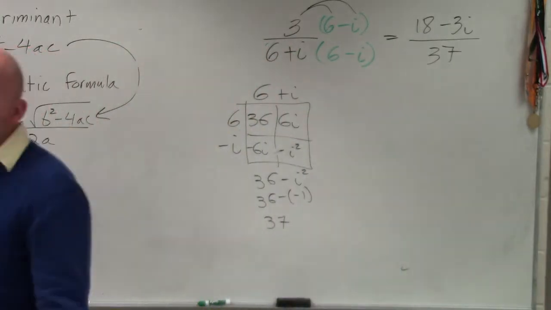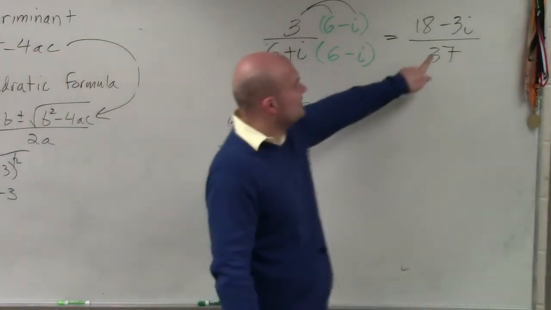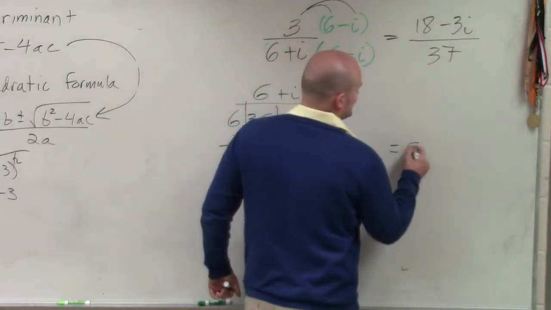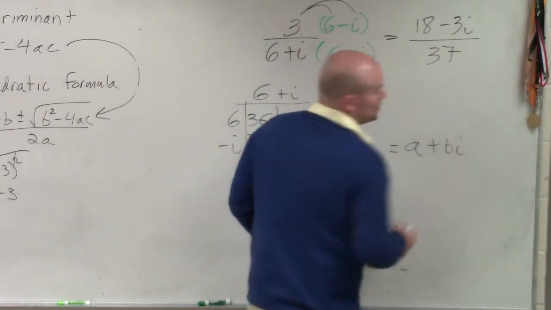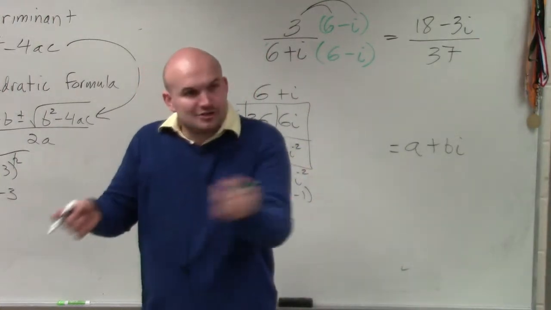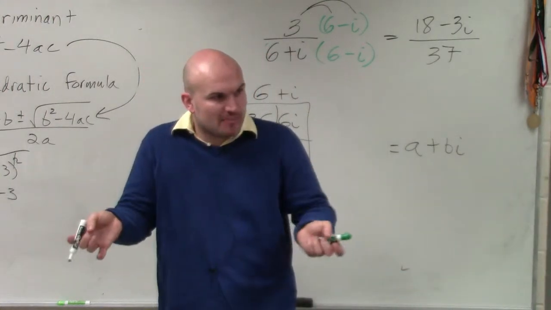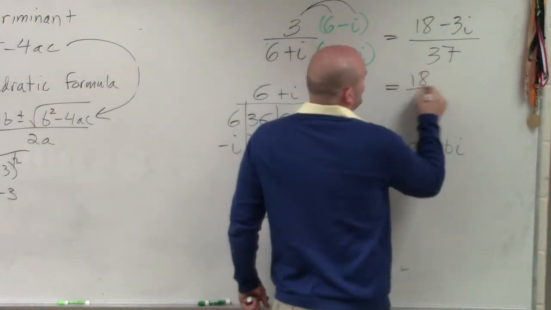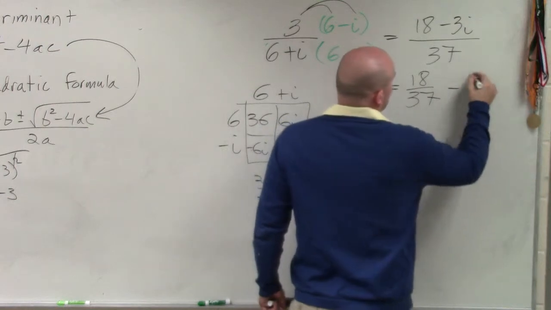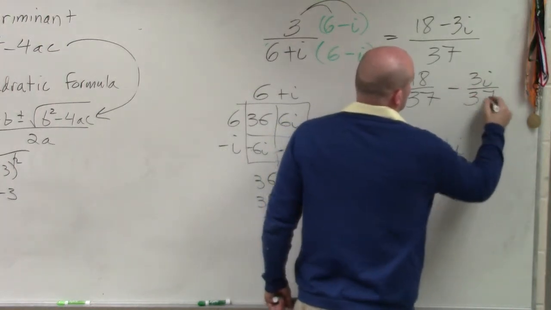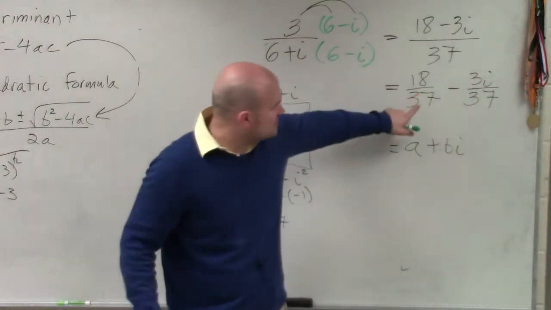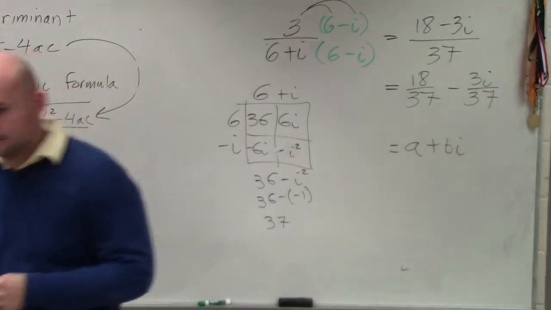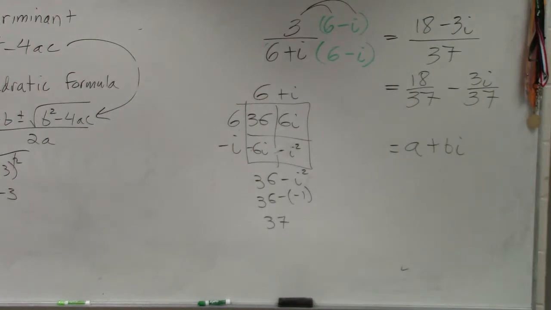Now, if you remember, this 37 divides into both of those numbers, and this needs to be in the form of a plus bi. You need to have your real and your imaginary part. This is not broken up into two parts. So you're going to want to rewrite it as 18 over 37 minus 3i over 37. Now you have your real and your imaginary. So 18 minus 3, which is 15i over 37? No, because